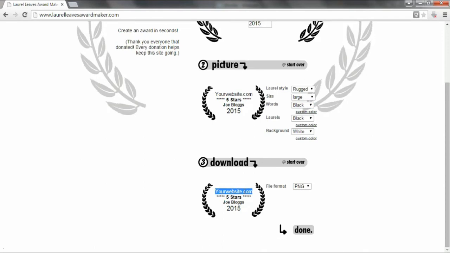So that can generate quite a lot of direct traffic from other people's websites just by giving them this award, which doesn't really exist. It's just an award that you've put together just to say that you're ranking their blog or their website 5 stars. So it's a really simple way of generating direct traffic. All you need to do is create the award, which takes, as you can tell, about 2 minutes. Click done, then load the image, and then send it over to whoever you want to give it to.